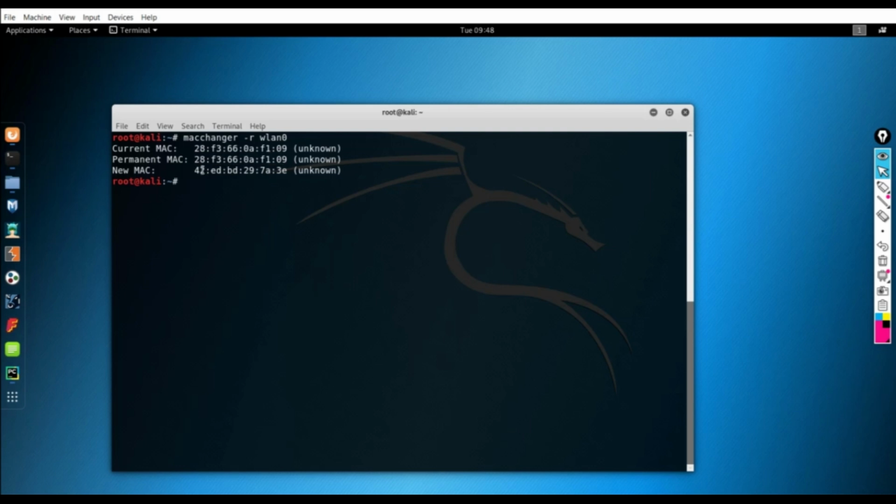Now after you change that MAC address, you have to roll that interface back up. That means you have to start your interface again. So in order to do that, you have to pass ipconfig or ifconfig. ipconfig is for Windows and ifconfig is for Kali, and after that I have to just say wlan0 and up. So if you say down, it is going to stop that. If we just type up, now our interface is up and running. So now if I say ifconfig again,